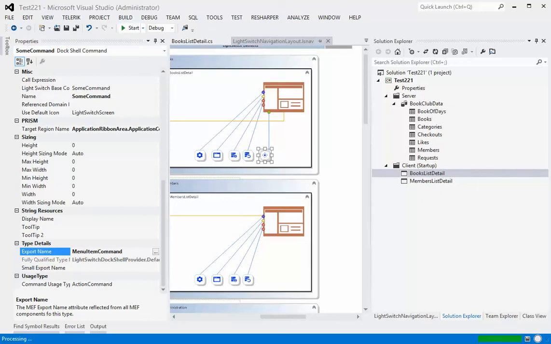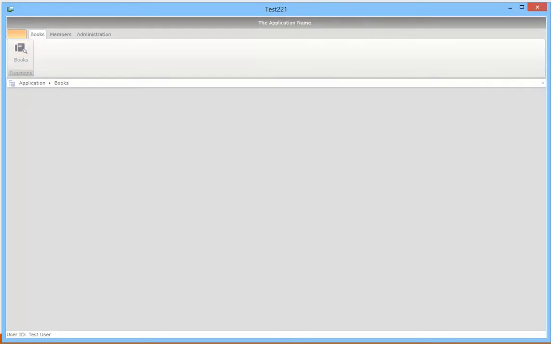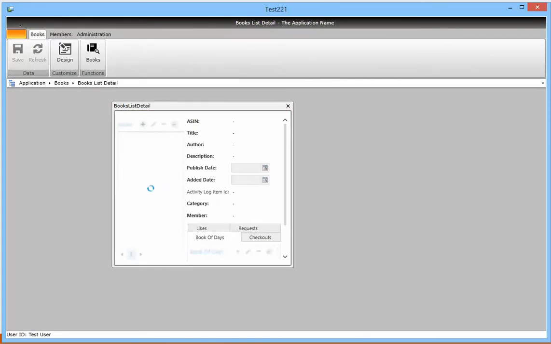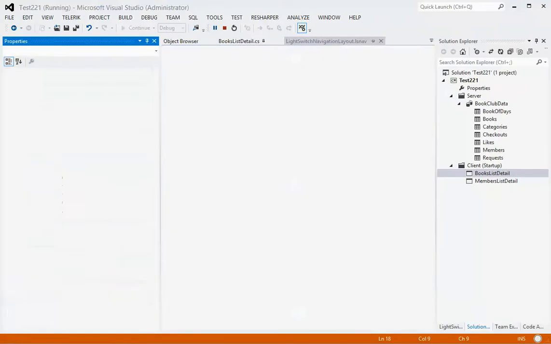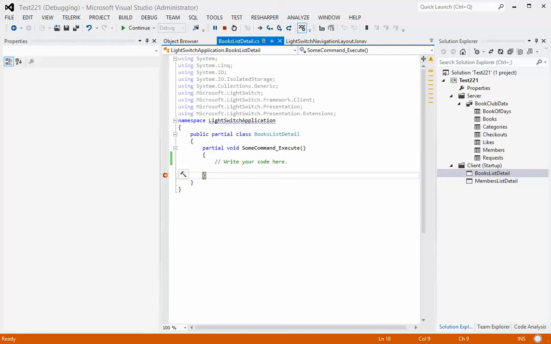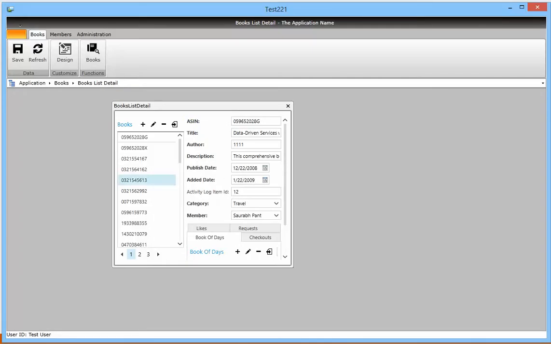All right, here we are. So now if we run books, let's see what happens. Now if we right-click, you can see that the command pops up, and if you click it, it takes you to the code behind. Now, since these commands are actually established on a per screen basis,